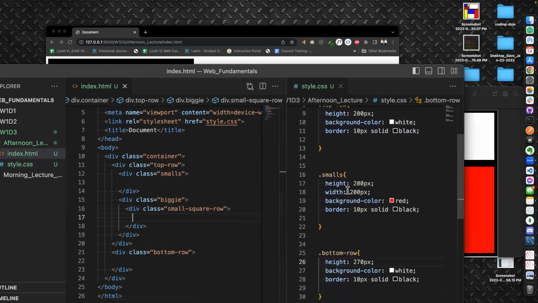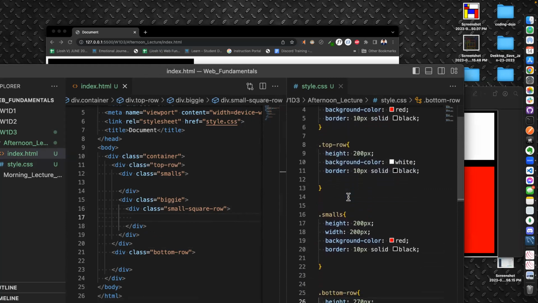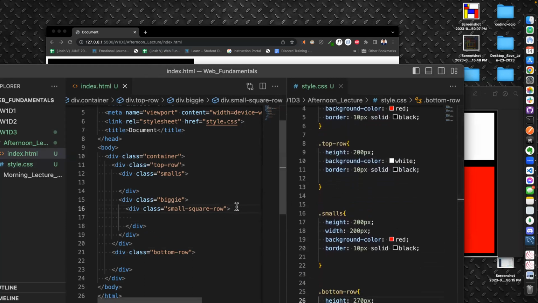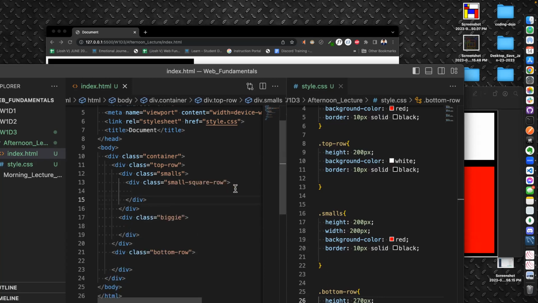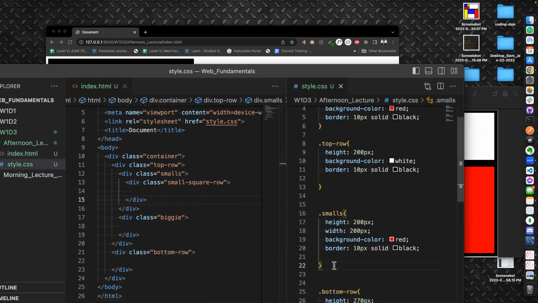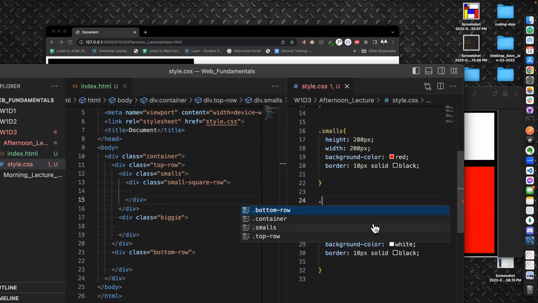So somewhere around biggie. Did we do anything for biggie yet? No, we didn't put it. We put this one in the wrong one. I put this in biggie. This should be in small. So excuse me there. I'm gonna cut this out and then paste it in the right place. So we should have been in smalls all along. All right, so now we have that. And I pasted it in small. So I'm going to go underneath smalls in my CSS and say dot small